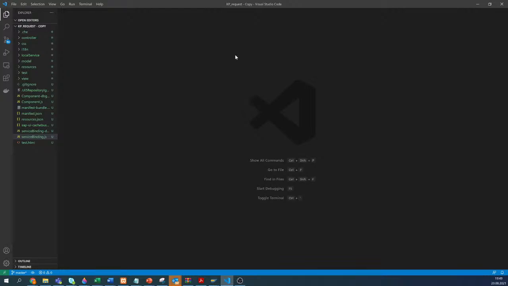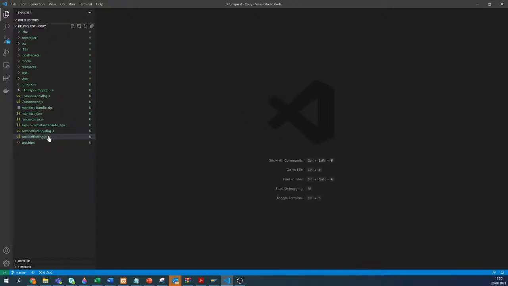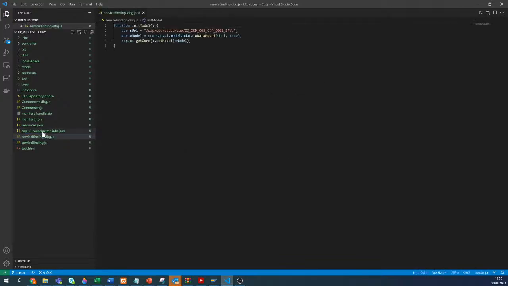But for some reasons, right now, I need to use Visual Studio. And here I actually work with the source files of the application. Almost all of the JavaScript files do have a minified version. So there is DBG, which is a standard version, and there is